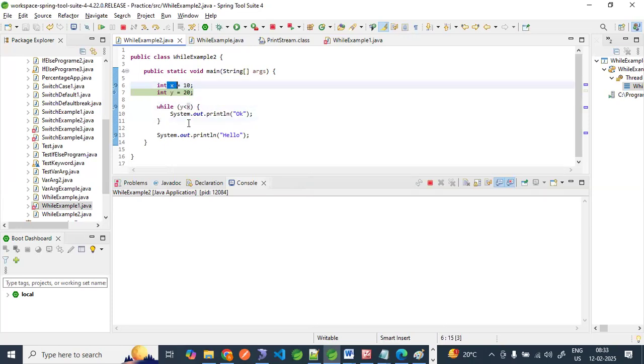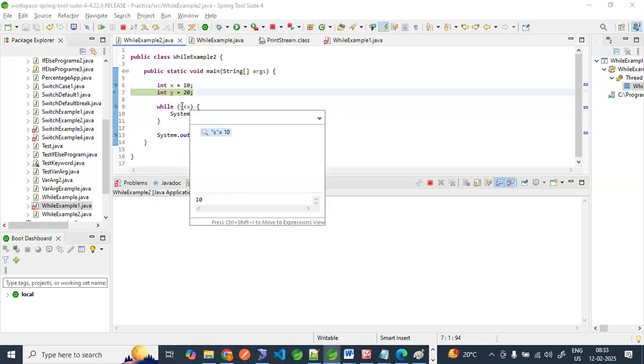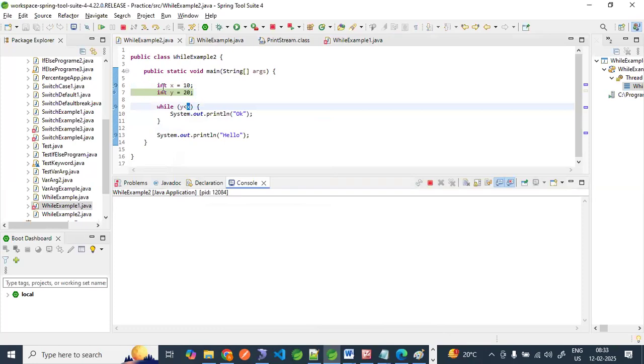Similarly, wherever X is used, now I will select this X, and now this X. Control Shift I. What is showing? 10 is coming, right? It means once this is assigned, wherever you use it, the variable will be holding that value. Now,